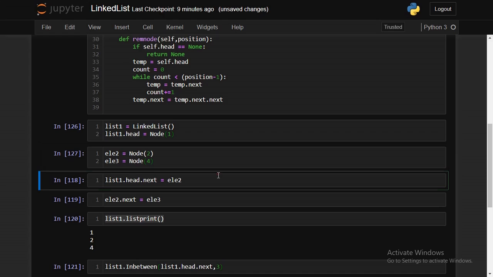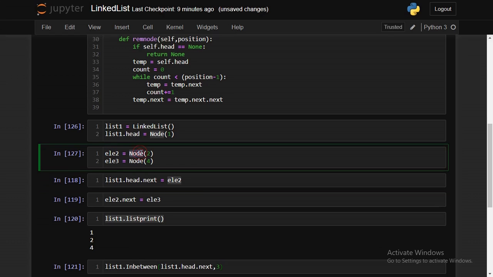Okay, in this part of the code, we will try to connect node 1 to node 2. Here, list1.head.next, we are trying to connect the head node. The head node is node 1, right? We are trying to connect that node's next pointer to the second node. Here, second node is ELE2, right?